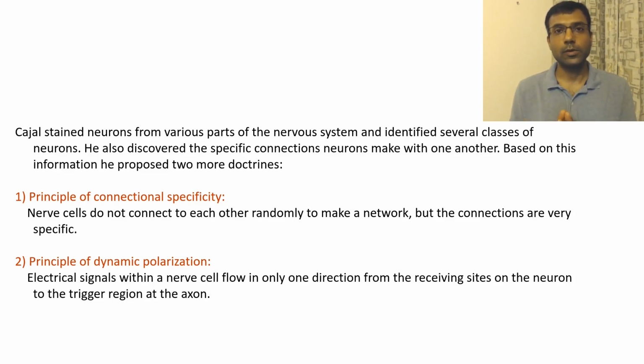And the second principle was the principle of dynamic polarization, which says that the information along a neuron flows in a particular direction. So it's not just like a metal wire in which the signals are flowing either way, but rather the signal or the information flows in a neuron in a particular direction. And again, as I said, he himself did not do these kind of electrical experiments or measurement experiments, but simply while looking at the anatomy very carefully, he was able to come up with these very bold predictions at the time, which have now been verified by further experiments.